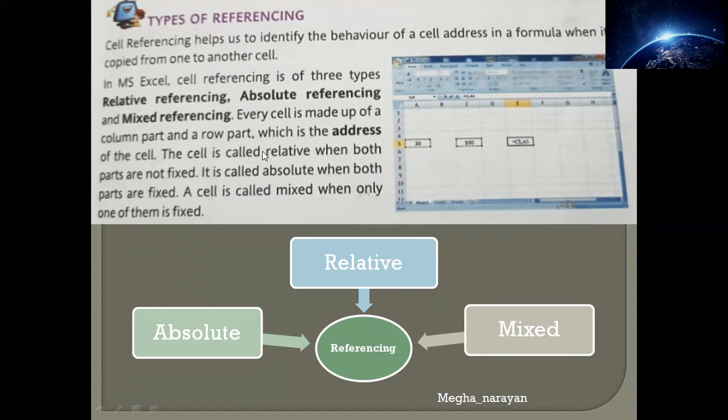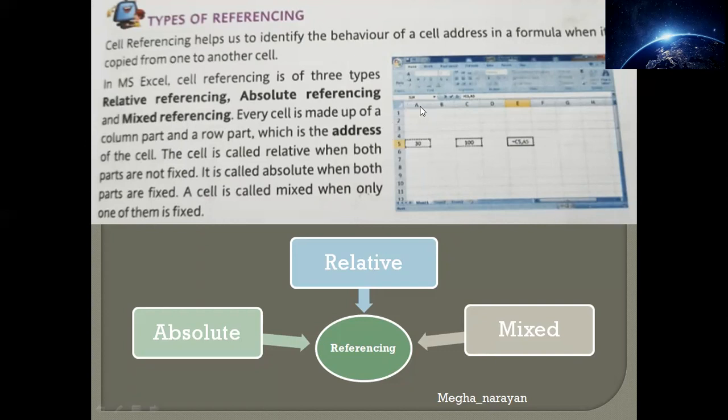Starting from the very first one, that is relative referencing itself, every cell is made up of column and row. This one vertically is a column, while this one horizontally is a row, right? If I'm talking about this 30, this is the name box, or you can also say the address box, where you can see the address of this cell.